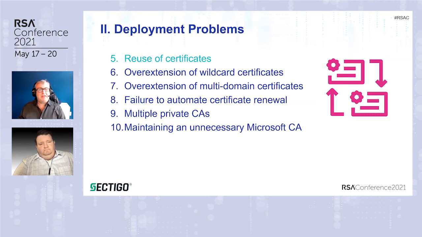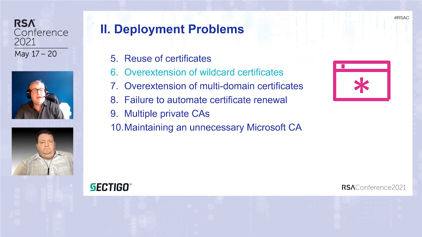And that's actually kind of a theme for the next two, right? Overextension. And 6 and 7 sort of go together. They're two flavors of the same thing. It's overextended use of a specific certificate. So just like when I copy a certificate and put it on multiple machines, I also can say life is easier if I use wildcards because they work with more domains, or life is easier if I use MDCs because I can take the same certificate and it can work with more domains. And that's important. They're important tools in the chest. That's why they're there. But on the other hand, you can be too enthusiastic in your use of these things